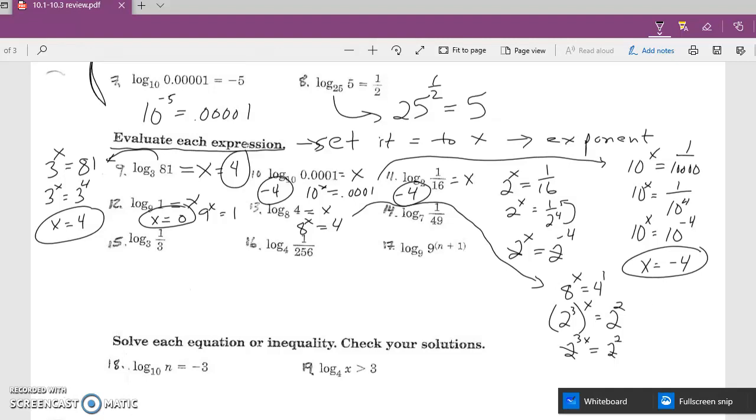Cancel your bases out. So 3x equals 2. So x would be 2/3. So the final answer to 13 would be 2/3. Okay? 14. 14 I'll do down here. I would go 7 to the x power, set this equal to x, equals 1 over 49. So that's 7 to the x equals 1 over 7 squared. So 7 to the x equals